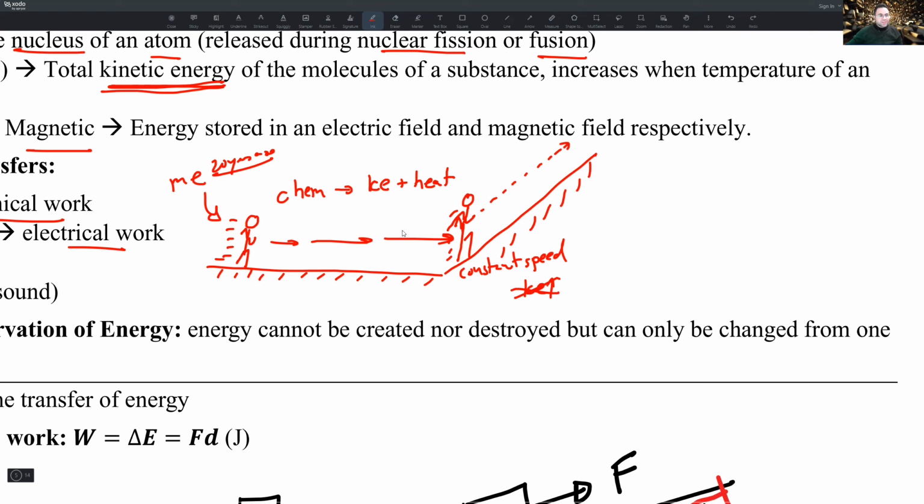Chemical again. It's not kinetic. As long as speed is constant, the speed hasn't decreased, so kinetic has not changed. I'm burning my own chemical energy to gravitational potential energy, or gravitational plus heat usually. Most of the time you'll find some heat came out. Okay? Now if I reach the very top and then I finally stop,